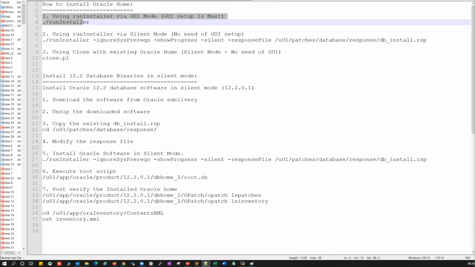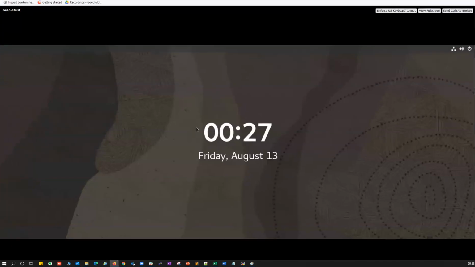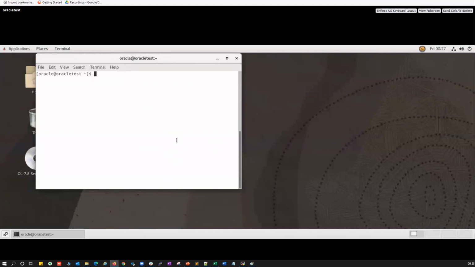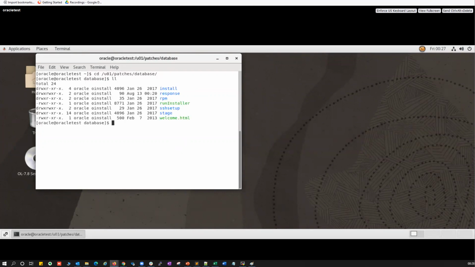You have to go to your server with a GUI mode, log in with the Oracle user, and the GUI setup is a different story. You can go into the user patches database directory, do ll, and you can see all the uninstalled software. You can just run the installer.